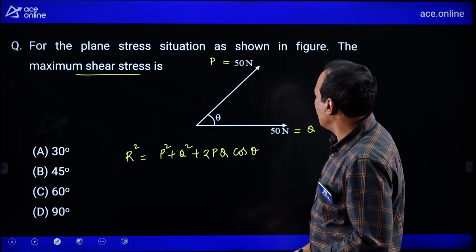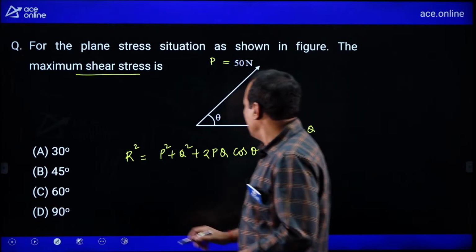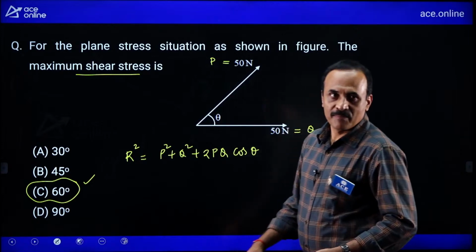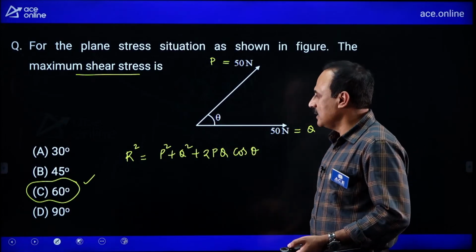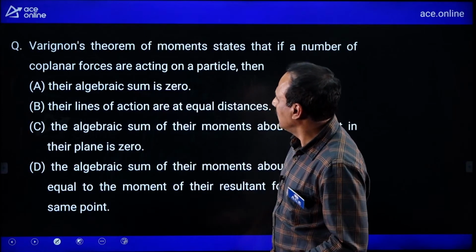Okay. So for maximum shear stress condition, the angle between the two should be 60 degrees. So it is a direct question. Angle between the two should be 60 degrees. Coming to the next question,